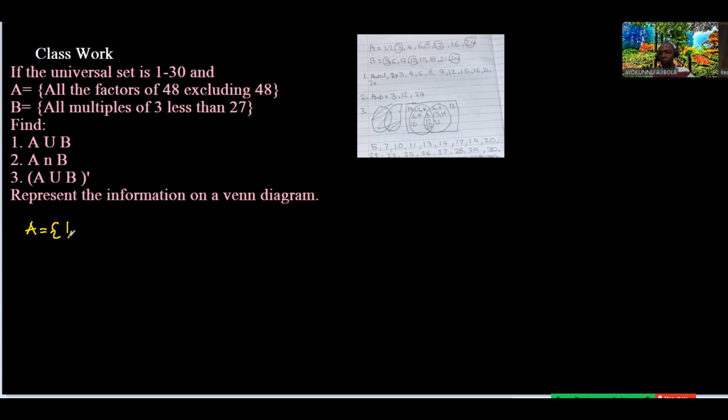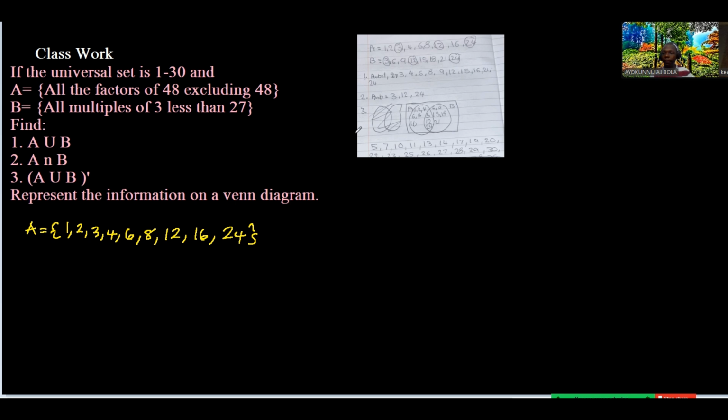We have 1, 2, 3, 4, 6, 8, and that's 4 times 16, 4 times 12, right? Then 3 times 16, then 2 times 24. But we would have put 48, but since it says without 48,